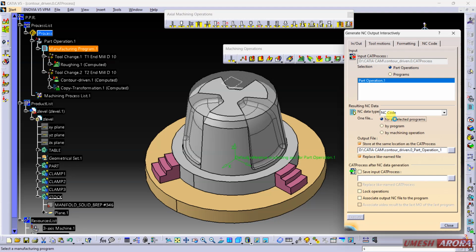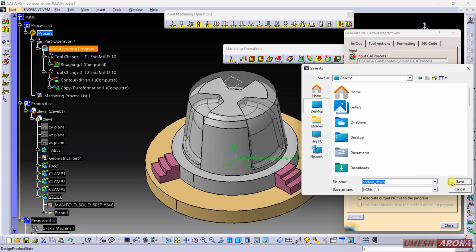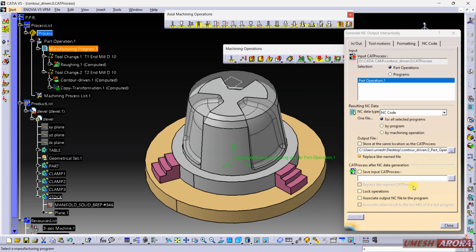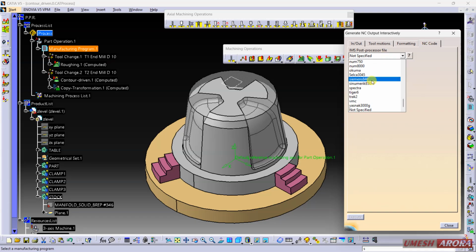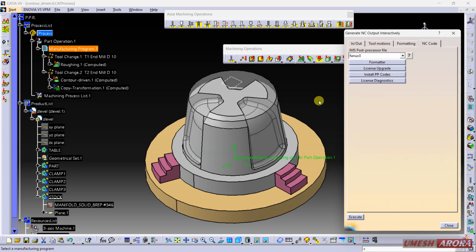So for all selected programs, one file will be created for all these operations. Where you want to keep this, select here and save where you want, and OK. Click here. The post processor is Fanuc, so I'm going to select Fanuc O0 and execute. It will take some time and it will create. The program number is 1000.